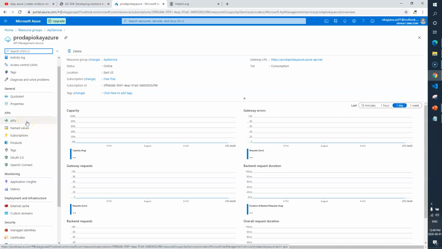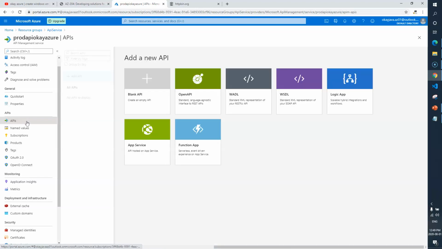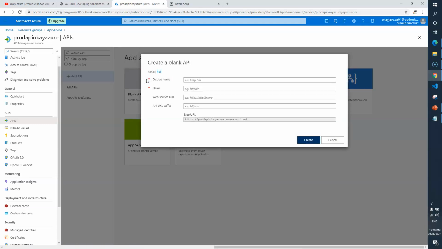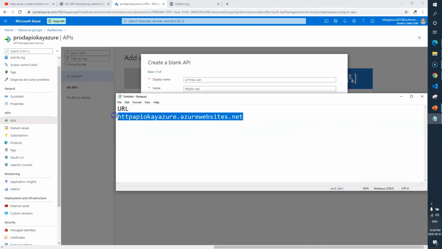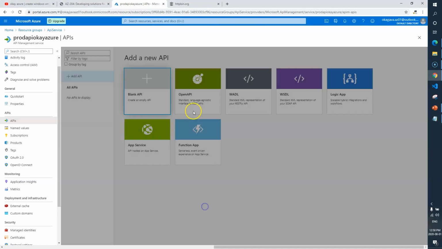I think here API is right. So here we are going to create a new API. We'll click on blank API, and display name, we'll paste it here. Name automatically comes here. Web URL, this is the one that we copied earlier. So we are going to paste this one here.